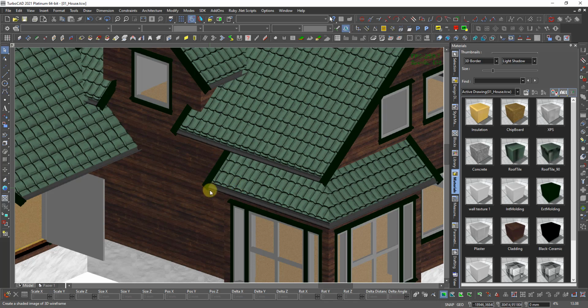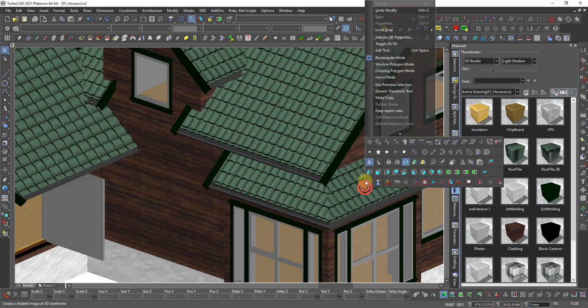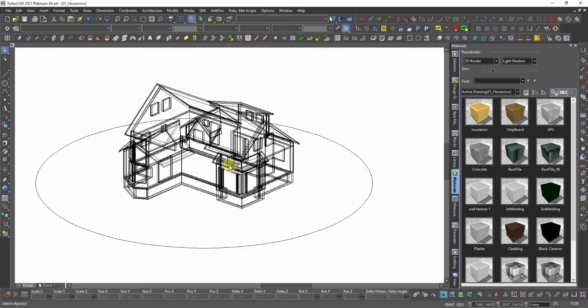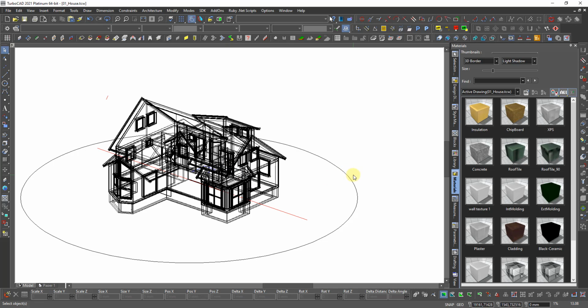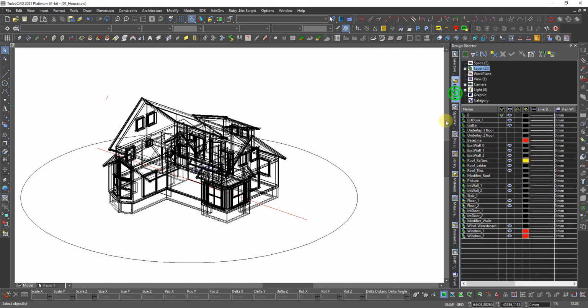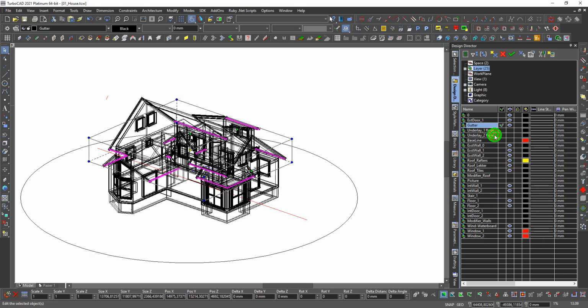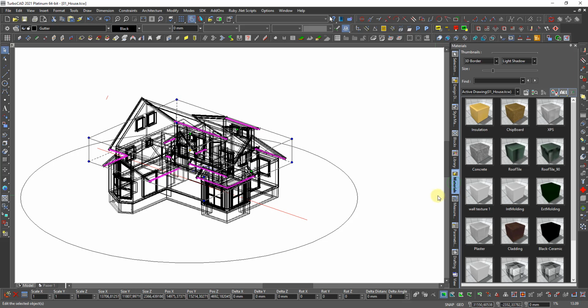Then it is what we should take for the gutter. We can take that white. Yeah, I do that. I go and select the gutters. That. Select by. And I go and say they should be this